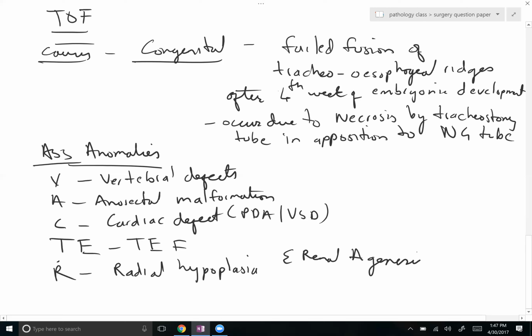If you are preparing for PG, USMLE or anything, you have to remember the associated anomalies that you see with tracheoesophageal fistula. That is vertebral defects, anorectal malformation, cardiac defect, TEF, that is tracheoesophageal fistula, and radial hypoplasia and renal agenesis. Okay, now in this we